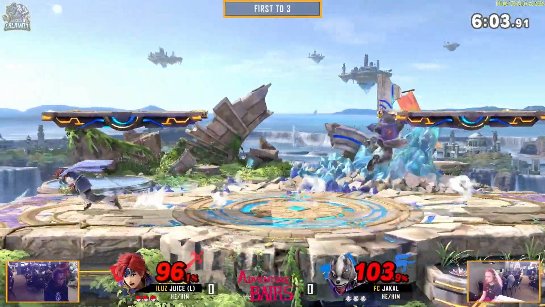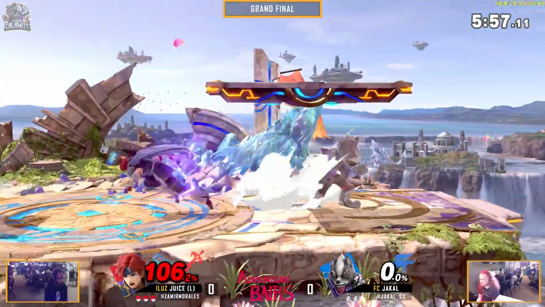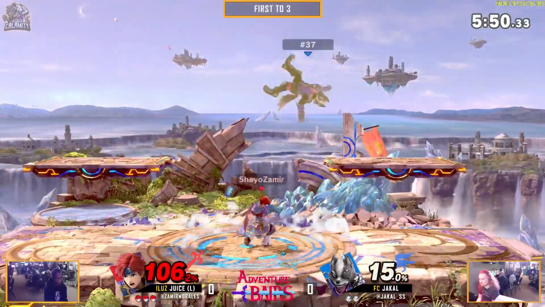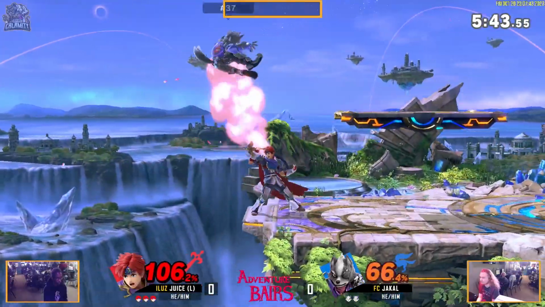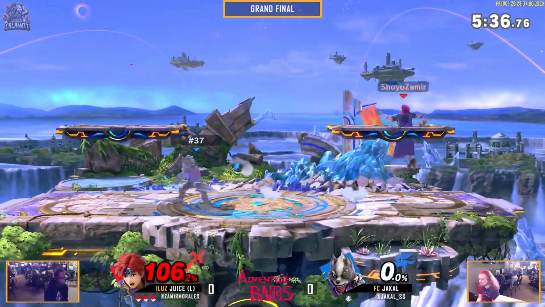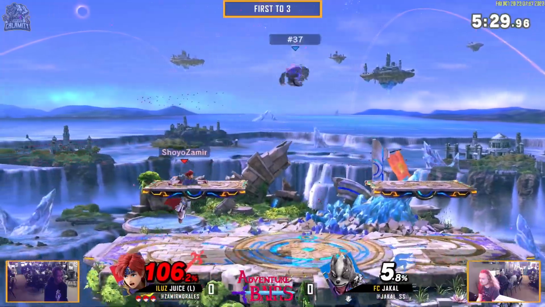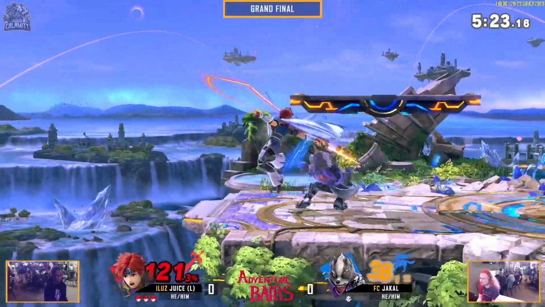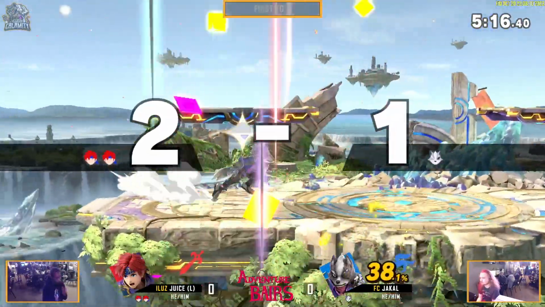F throw. Actually just opting to shoot a laser instead. But getting that tech chase and getting the F tilt. Juice taking the first stock of this game. Go for up air strings. Jakal does have a jump. Oh, missing the downer though. Very good jab back air. Ooh, an amazing forward air coming out from Juice, going just far enough, and let's go weak hit. Up smash, out of shield, taking that get up attack, and